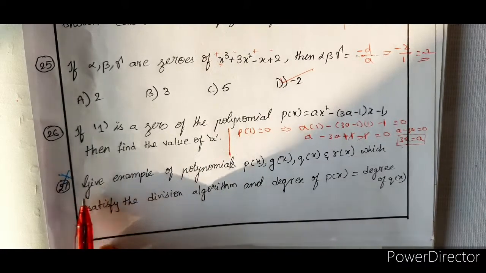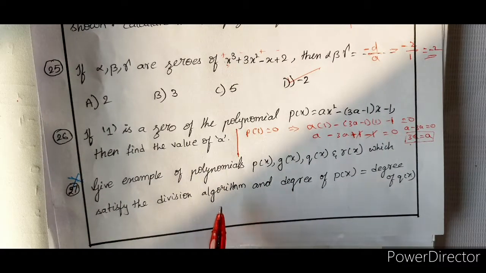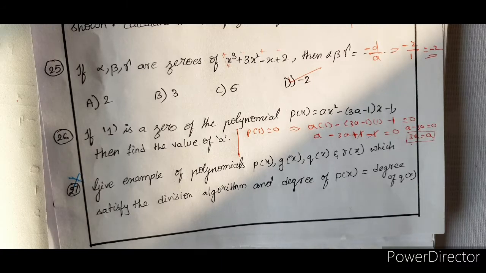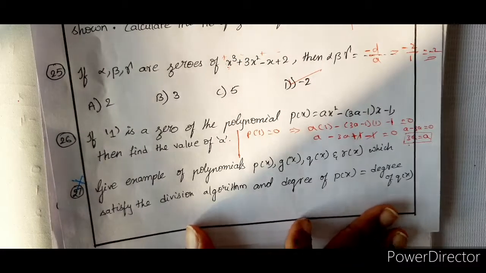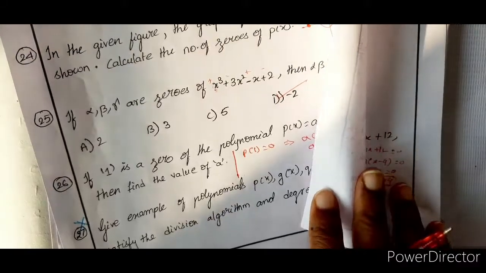Next, this one again is not there because this is also based on the division algorithm. So this concept is not there for this year. It is not there only for children who are watching for the batch 2021, May 10th going batch, and from the next year onwards this syllabus will be there again. Okay, so this is all from polynomials.